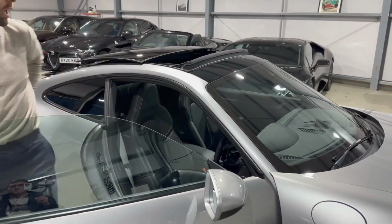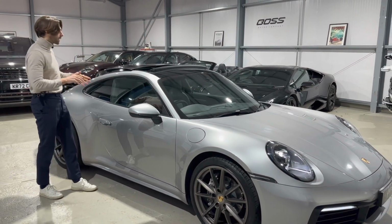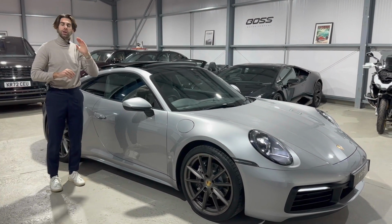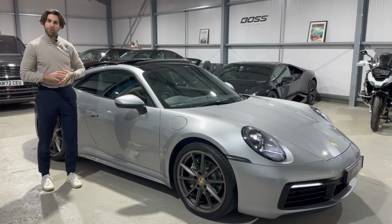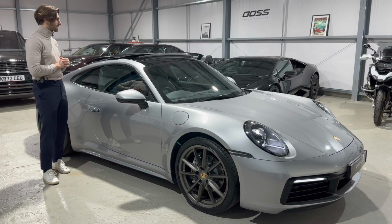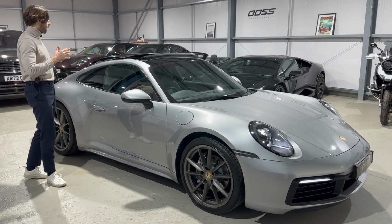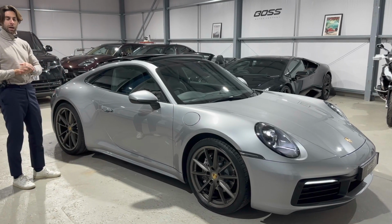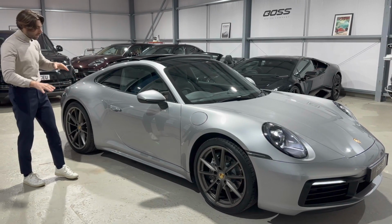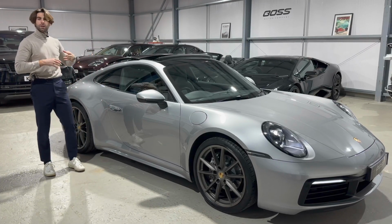And I'll just jump out and summarize this beautiful example. So a 2019 on a 69 registration 992 Carrera 2, 19,000 miles with the benefit of Porsche extended warranty until 2025. A really outstanding example, actually, in my opinion. I think those platinum wheels, the extended sport design pack sill on the side, the roof, the visuals, it's just a